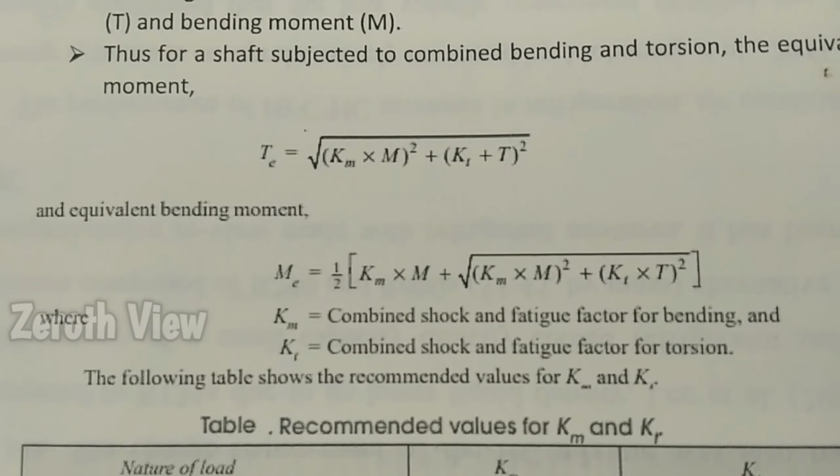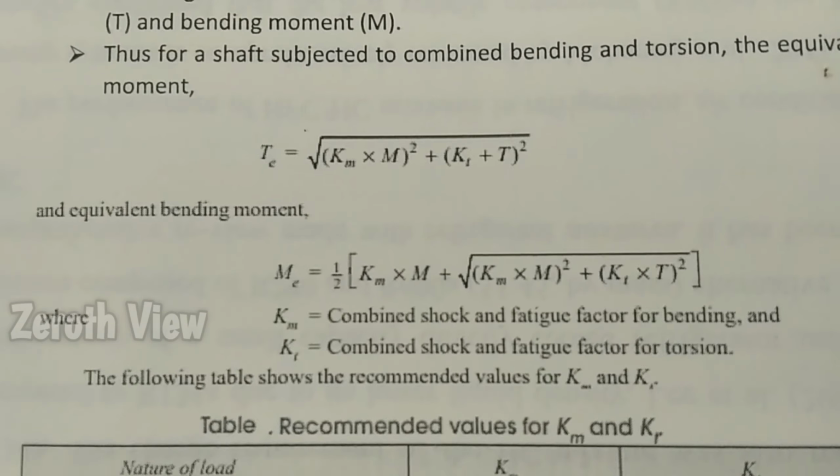Now in this class we're going to look at a problem regarding a shaft subjected to fluctuating loads. A mild steel shaft transmits 20 kilowatt at the speed of 200 rpm. It carries a central load of 900 Newton and it is a simply supported beam. The bearings are simply supported 2.5 meter apart. Determine the size of the shaft.